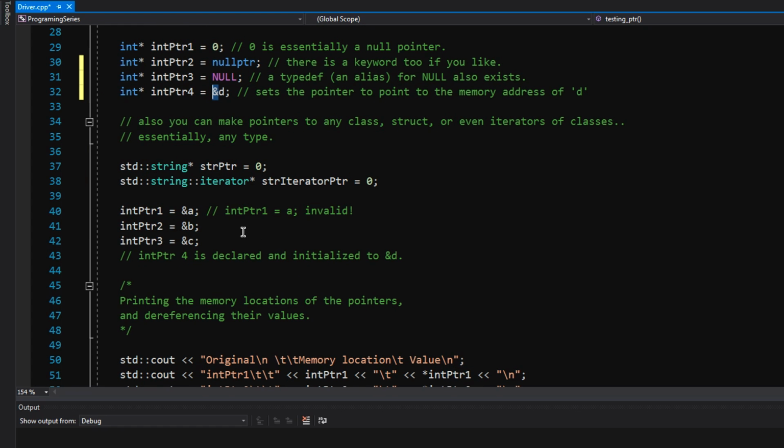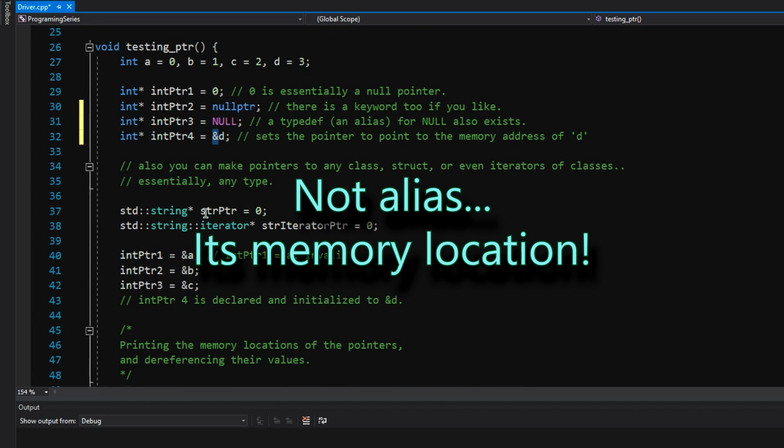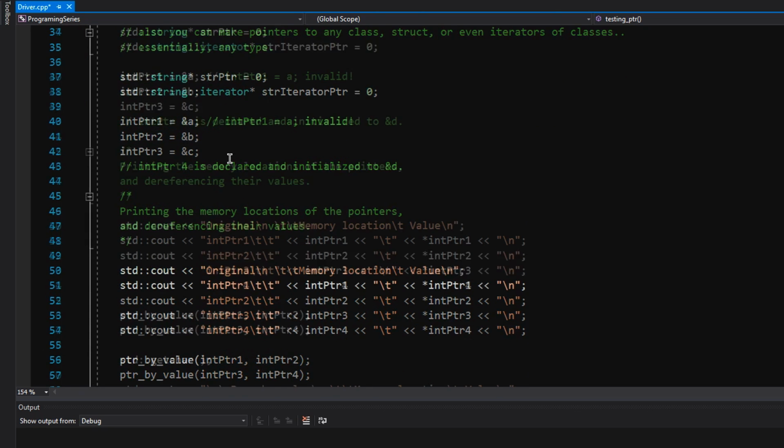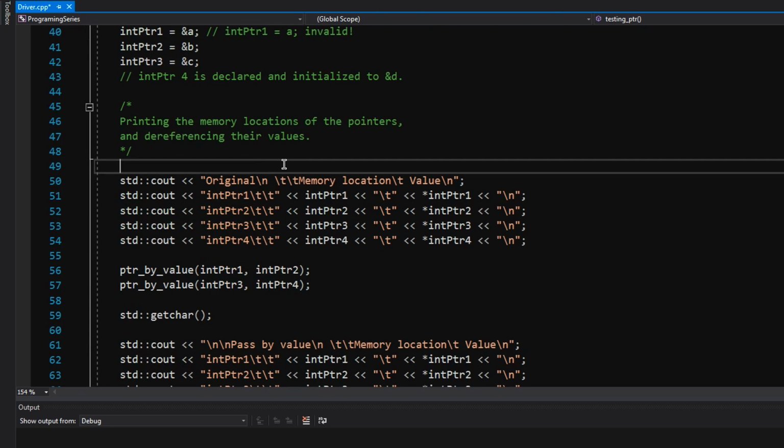Okay, so on line 40 to 42, we set pointers 1, 2, and 3 equal to the addresses of the 3 variables that we declared up here. And for the 4th one, we did it up here, so I'm not going to redo it down here. We already initialized it up here. Now, all we're doing is